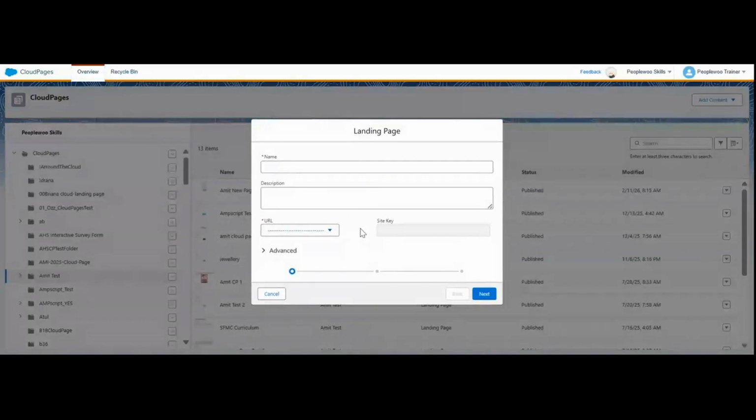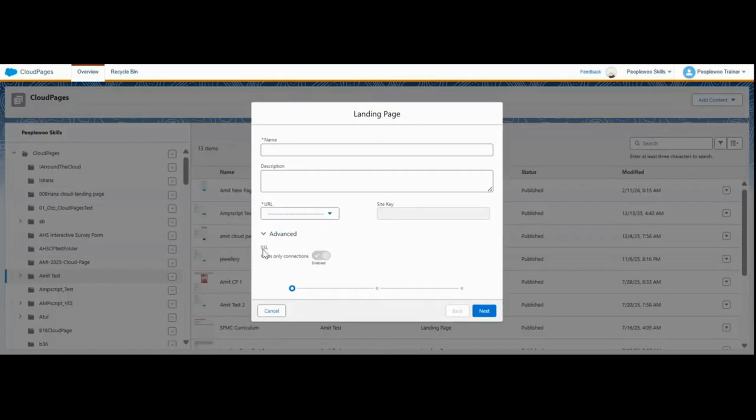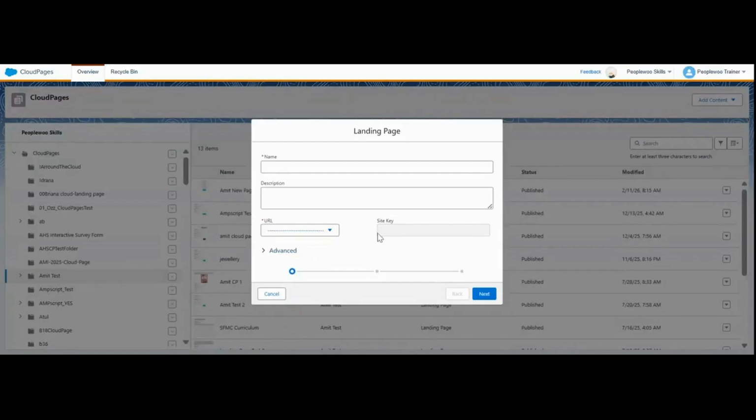Okay, you can change the name of the page. You can decide the URL of this page, so that it becomes more trustworthy. Because if you directly use the URL of this page, it is very generic, and the customer won't be able to trust your page. So that is why this option is available, that if you use, let's say, this one,